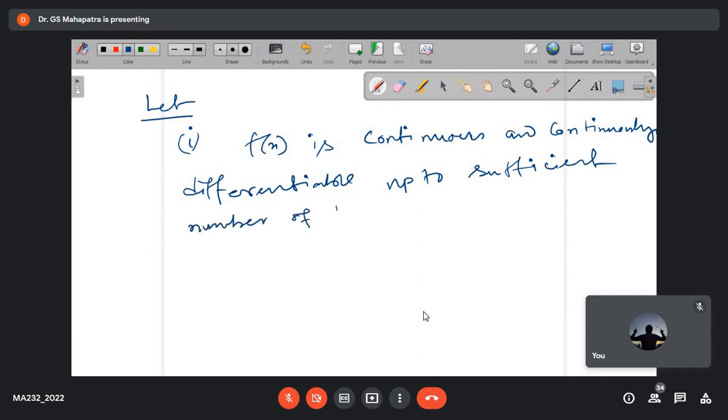This is the first case if we consider this one. So that difficulty we can overcome using these two. Second one, let f of x equals 0 have no multiple roots in a sufficiently